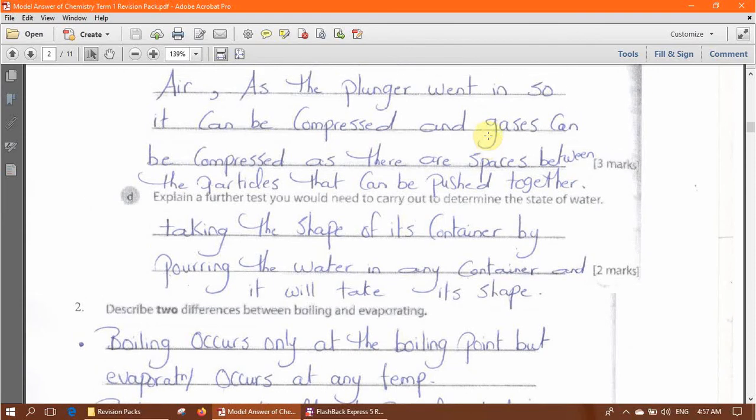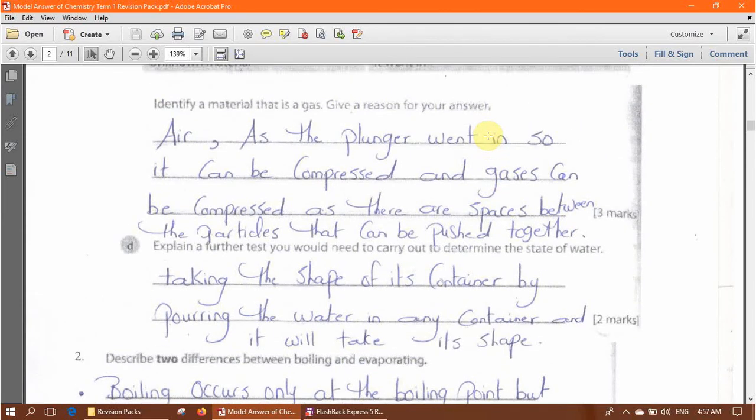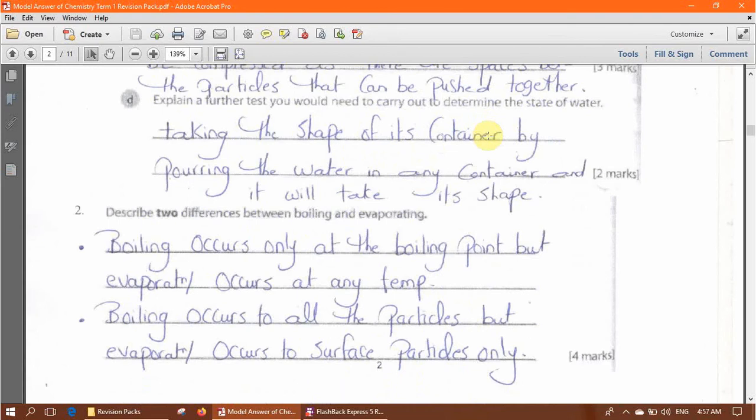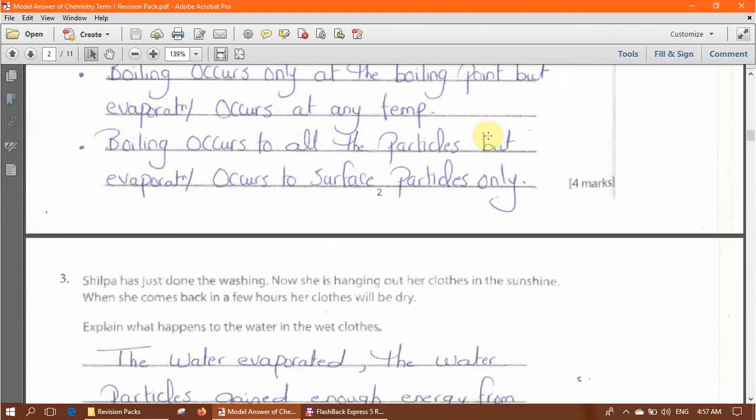I want 2 differences between boiling and evaporation. It's out of 4. One of these differences, you can say that boiling occurs only at the boiling point, while evaporation happens at any temperature. Also, boiling occurs to all the particles, but evaporation only occurs to the surface particles. You can also say that boiling is faster than evaporation. Okay, then,